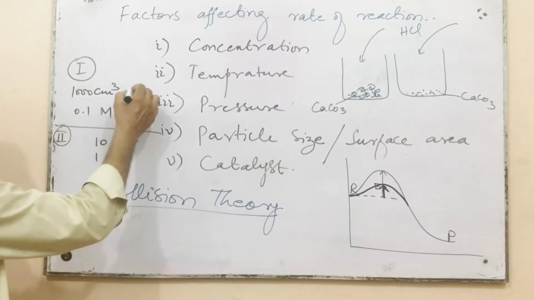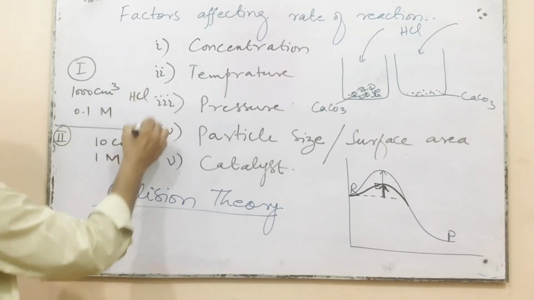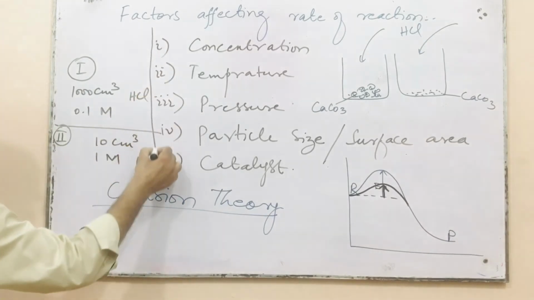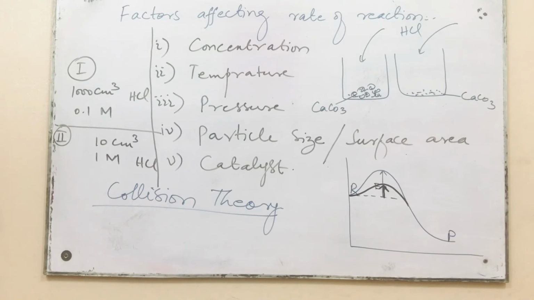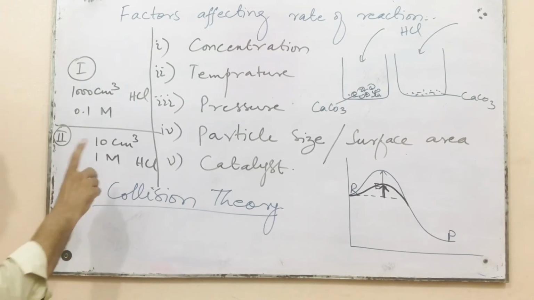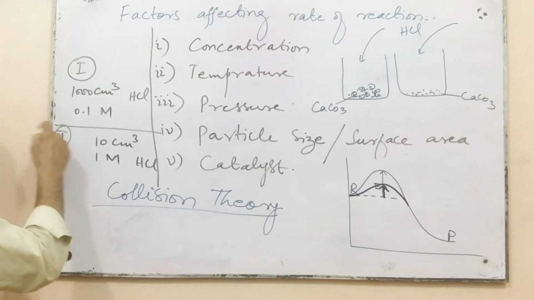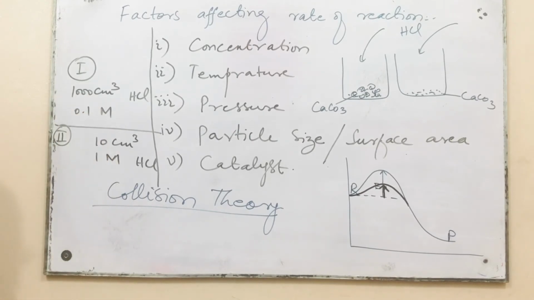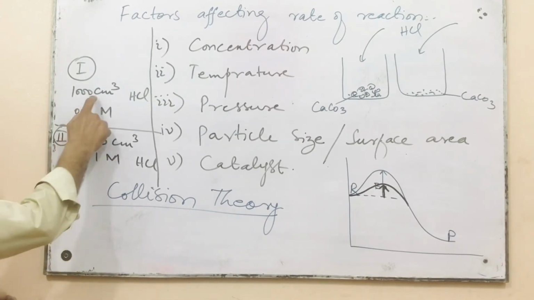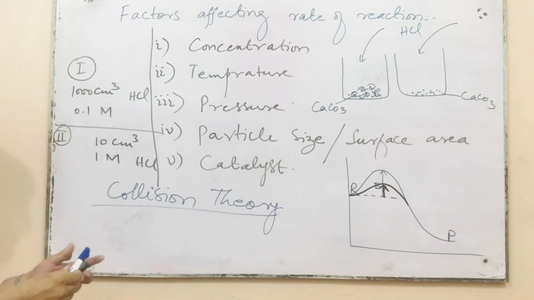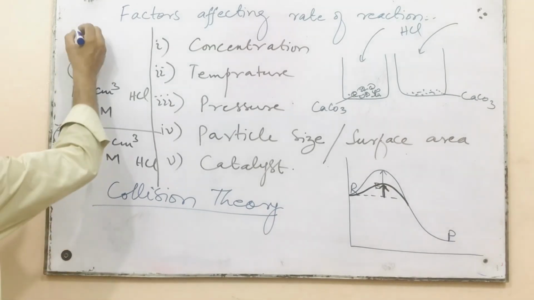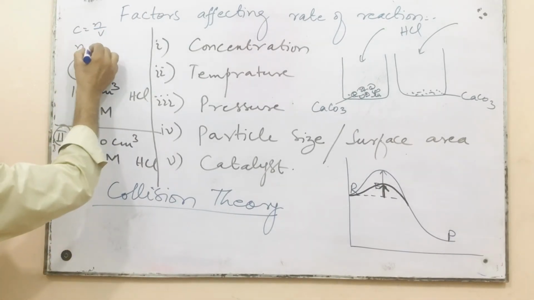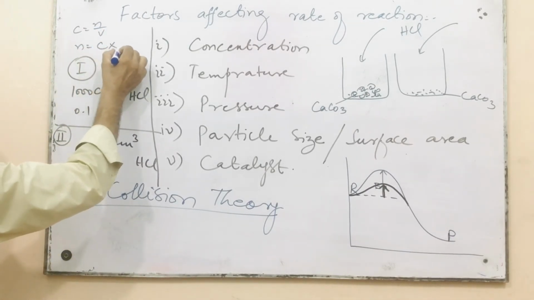Say, both of these solutions are of HCl, hydrochloric acid. Now, it is quite obvious, if we find the number of moles, we know that C is equal to N by V, or N is equal to C into V,